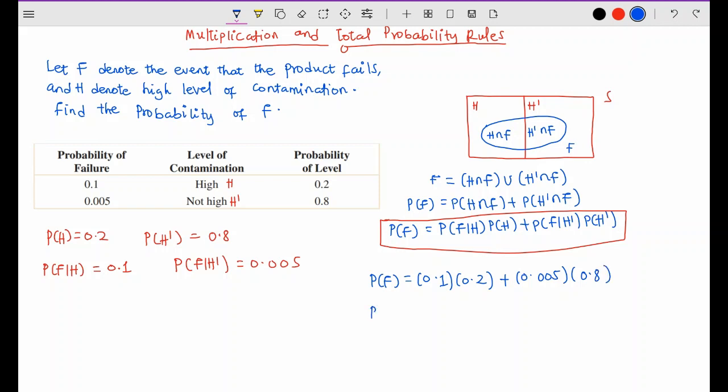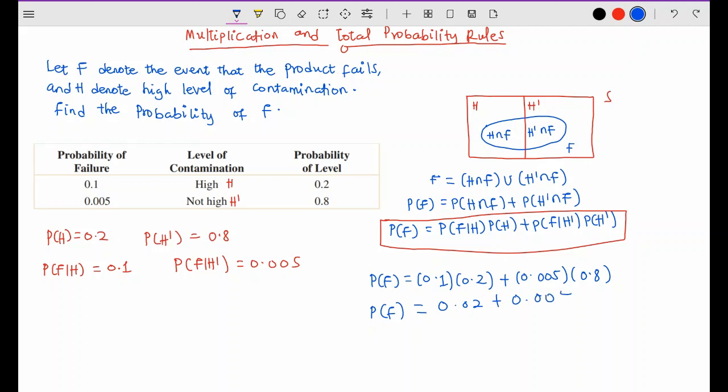Let's simplify this and see what you're going to get. Multiplying 0.1 by 0.2 gives us 0.02. We're going to have 0.02 here plus 0.005 multiplied by 0.8, which gives us a value of